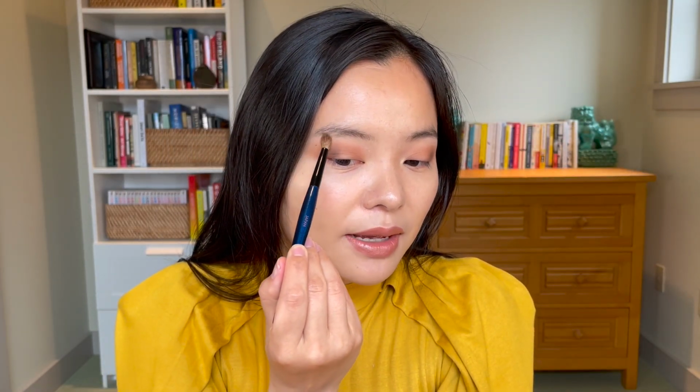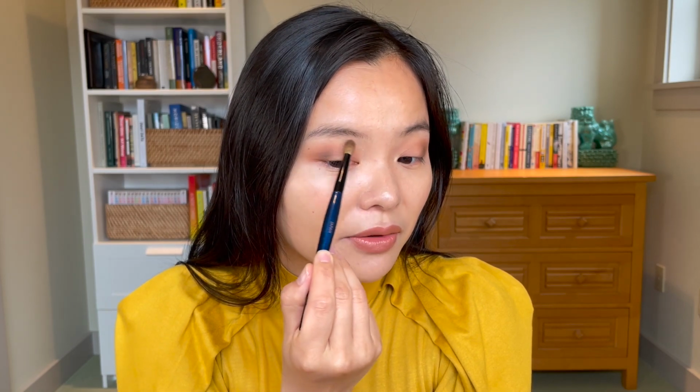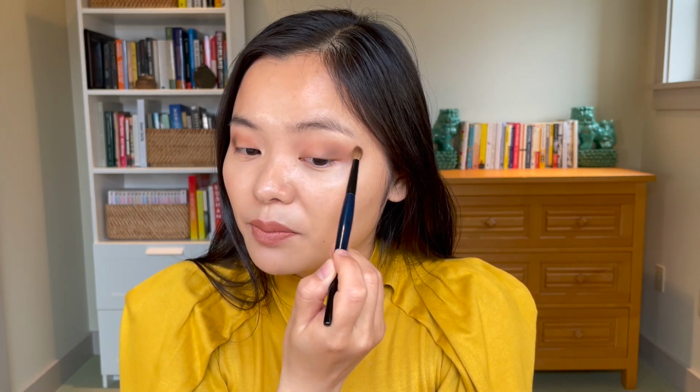And I find using this on the side, so basically tapping it in like this, really picks up just the perfect amount of pigment and distributes it really, really nicely on the brow bone. And again, it avoids picking up too much pigment where you have that sort of stripe of highlight. It just really nicely diffuses the highlight pigment, and also is really great if you want to blend things out